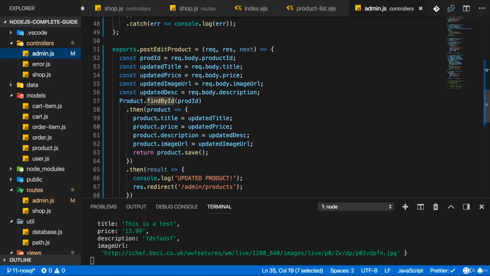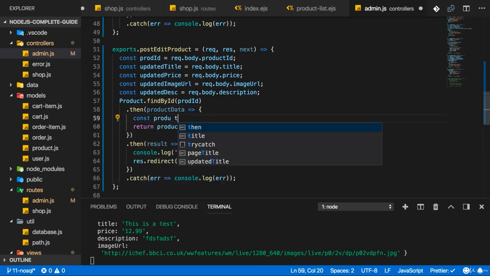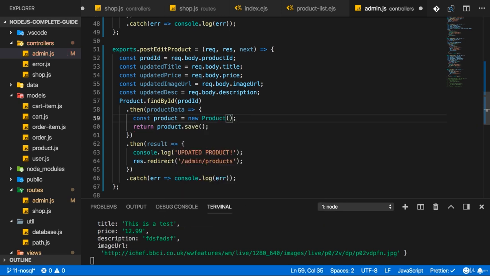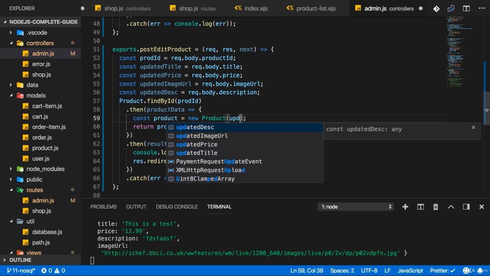So we worked on the product model to make the save method more flexible. And now in the admin.js controller, in post edit product, there we already have code where we find a product by ID, and this will work because find by ID is a method I created in my model. So here we have the product, or maybe we should name it product data, because here I will now create a new product constant by using my product constructor, so my own product class, and there I will pass my